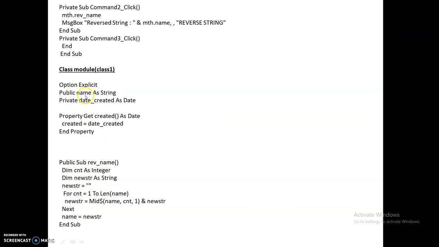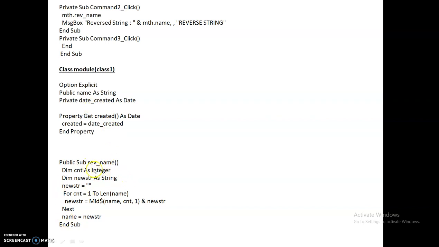Two variables known as name and date created have been used. Then one Property Get is implemented, and its name is created, and it is used for representing the name and the date and time of the object created.